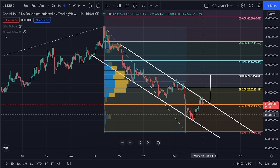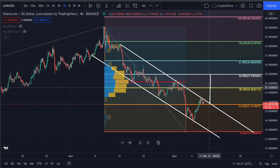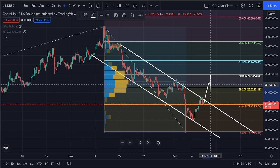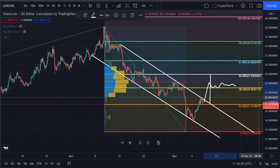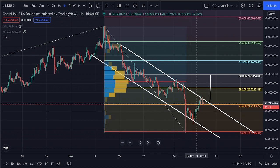So therefore, if we do see an increase all the way towards the $27.94, it is very likely that we are actually going to get rejected at the $26.32. And afterwards, what we would like to see is actually a support being found on top of the 38.2% range at $25.02. So for sure, this is the scenario where we are looking at,